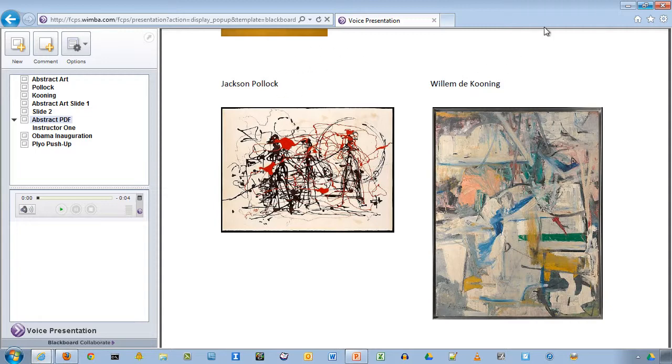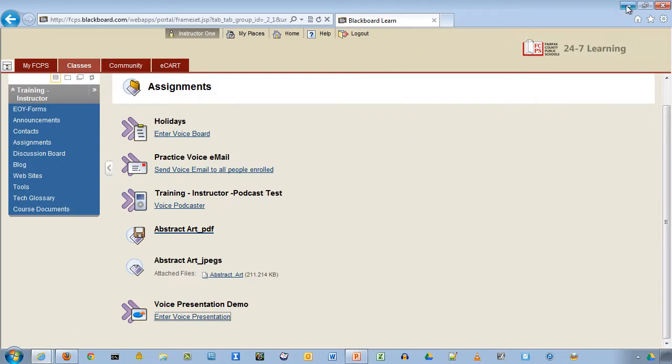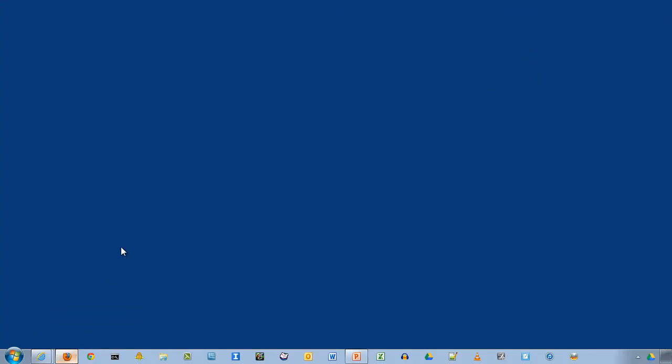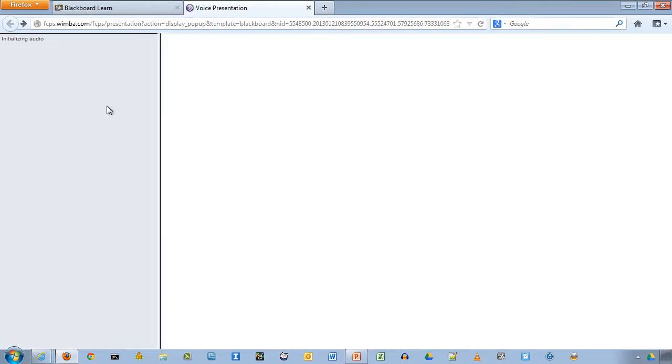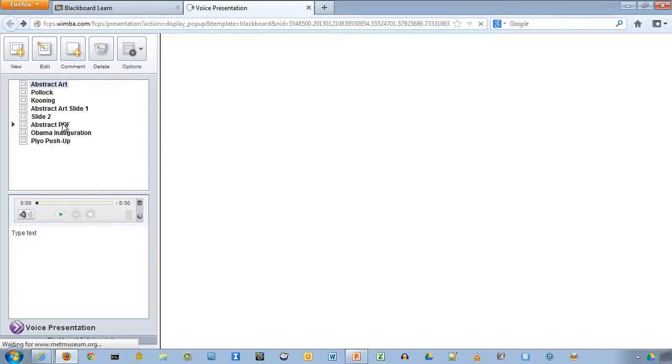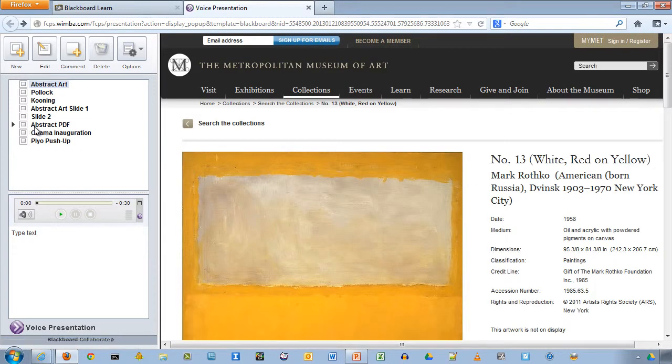Now, if I go back and look at this from the teacher's perspective now, bring this up. So I'm going to go back and I'm going to refresh the screen. And so now, from the teacher's perspective, I can see this little triangle here. So this is a disclose button. If I click on that, I'll see a comment underneath the abstract PDF. If I click that and then go down here to this bottom window and click on the play button,